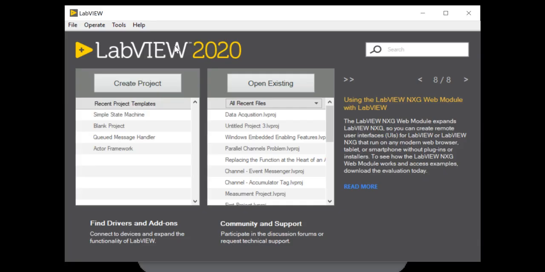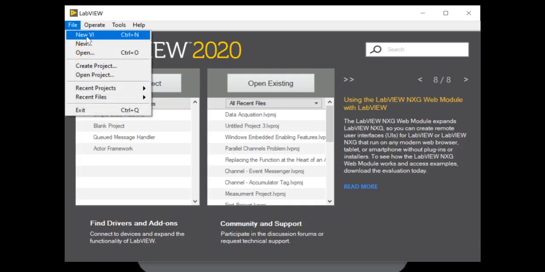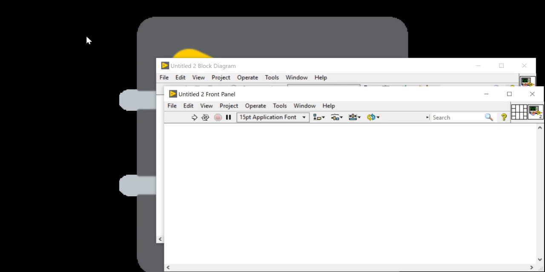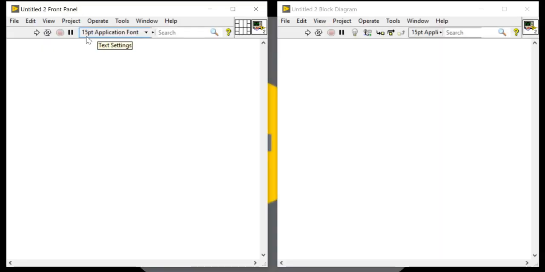Now I will close and open it again. When I open it again, I will get the front panel and block diagram in the same color. So if you have done this arrangement, we can move to the next.